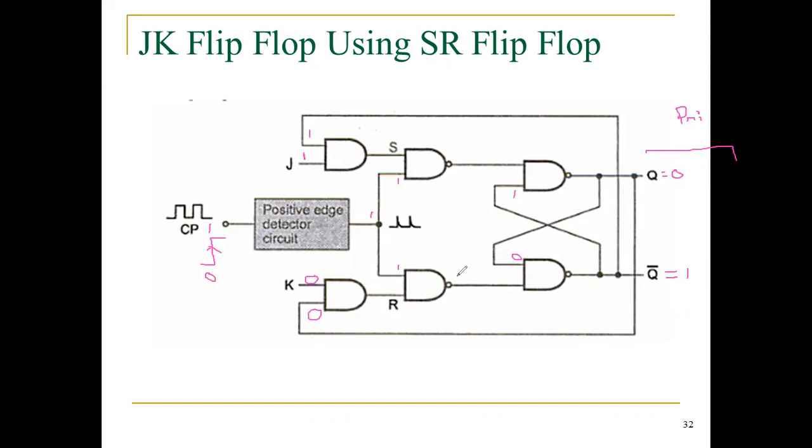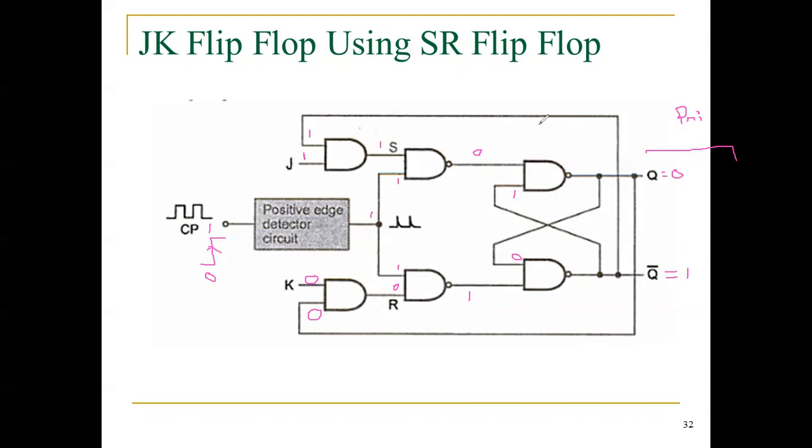Then now I start the operation. Since all the inputs of this AND gate equal 0, my output will be 0 now, according to the truth table of the AND gate. Since all the inputs are 1, my output will be 1. Now we trace the inputs of the NAND gates. All the inputs are 1 here. What will be the output? Here I obtained 0, here I obtained 0. Since one of the inputs of this NAND gate is equal to 0, it makes the output equal to 1.